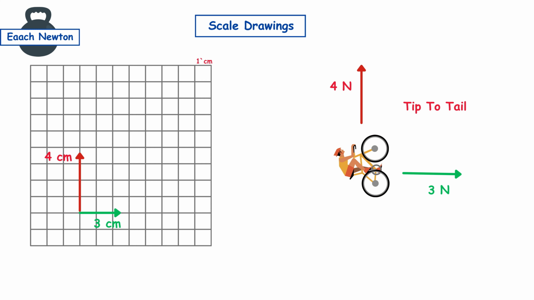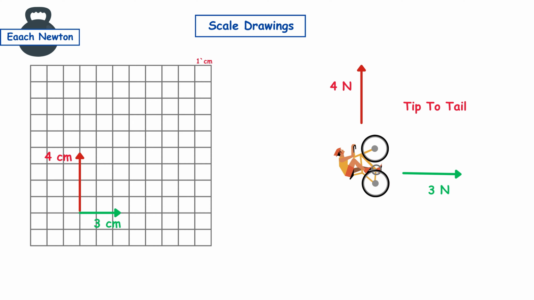We can illustrate this scenario visually by using a grid where the cyclist is represented as an orange, and the forces acting on him are drawn using arrows. The force created by pedaling northward is drawn as a 4-centimeter arrow pointing upwards, and the force of the wind is shown as a 3-centimeter arrow pointing to the right. We are using a scale where each centimeter represents 1 newton, which makes our drawing to scale and suitable for